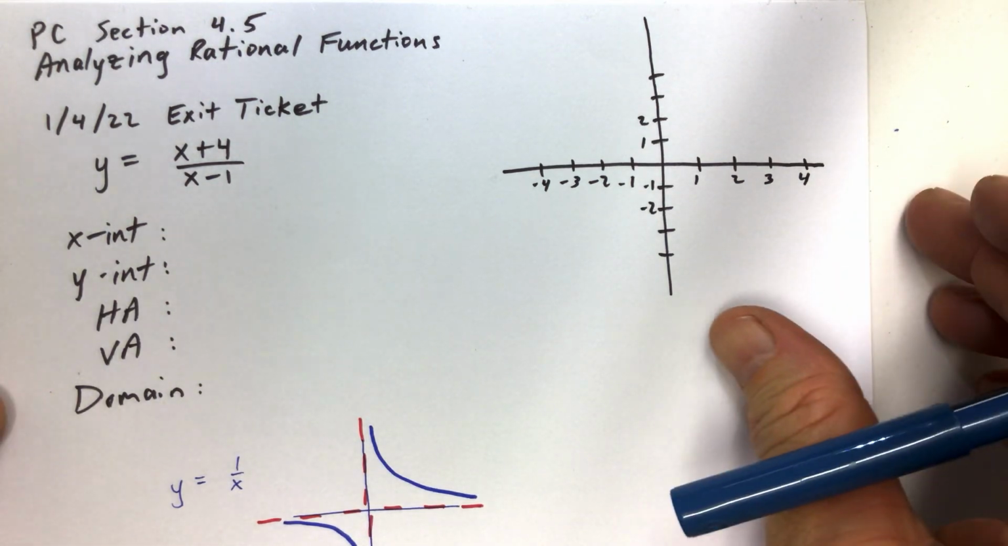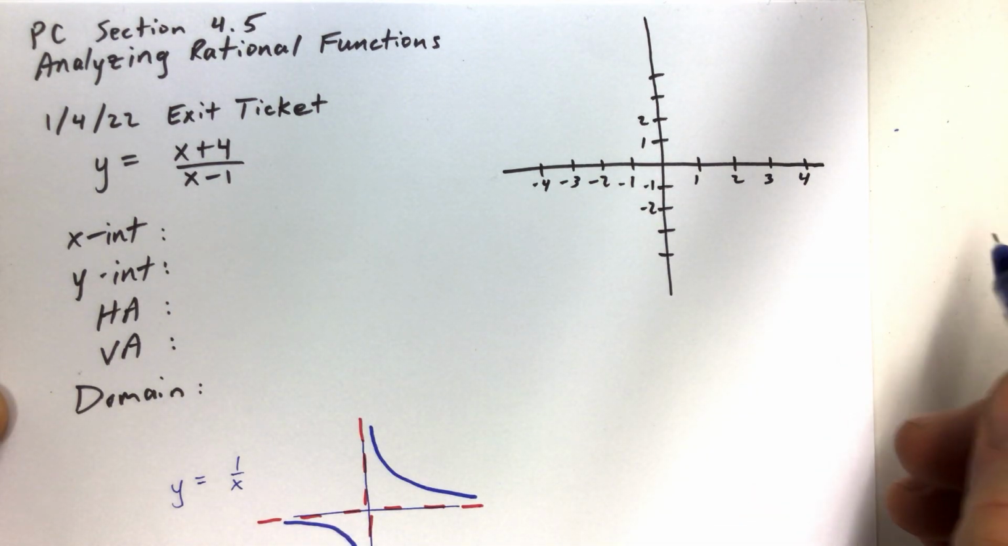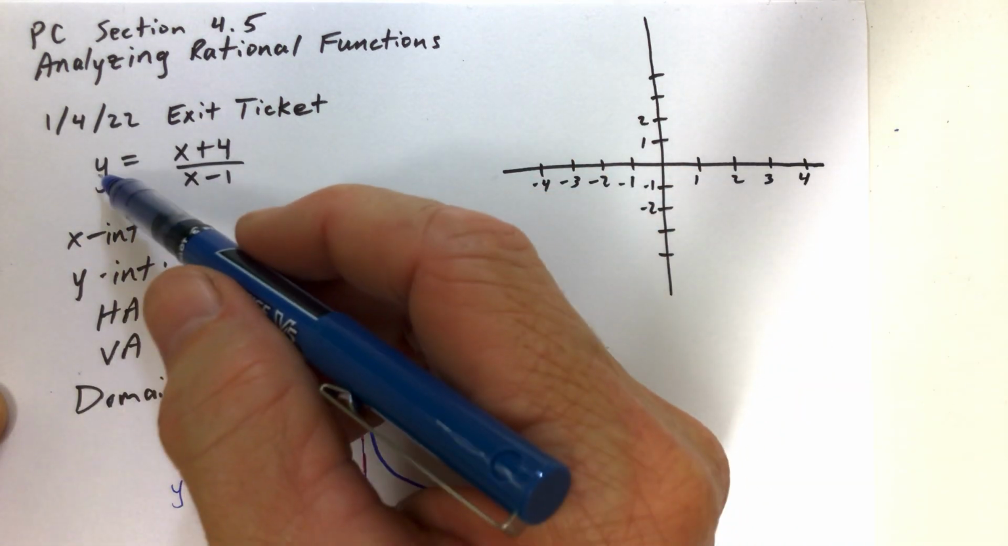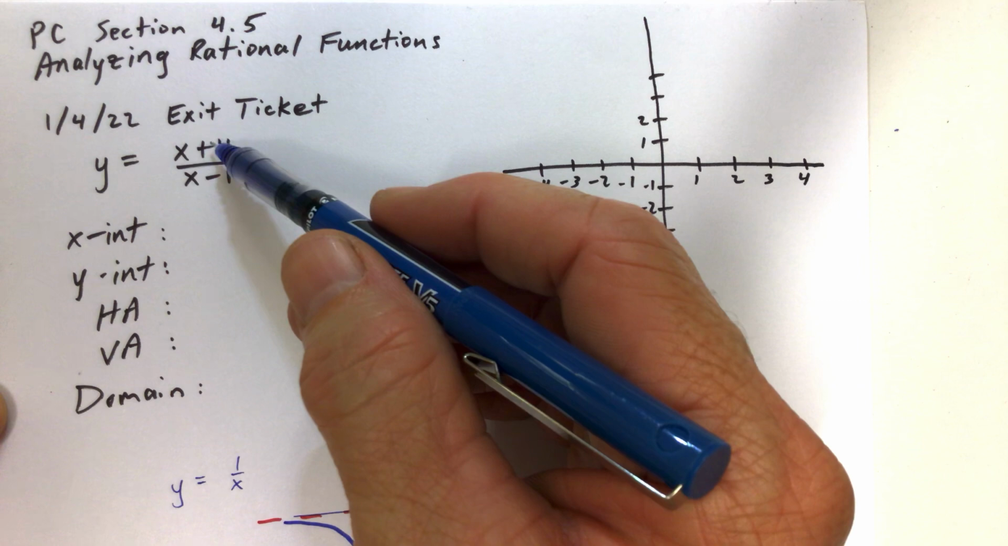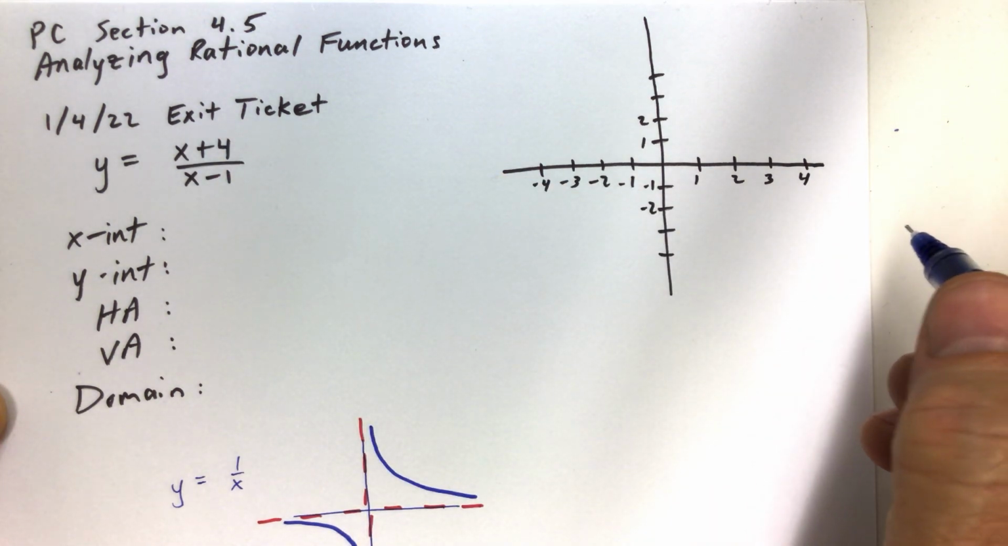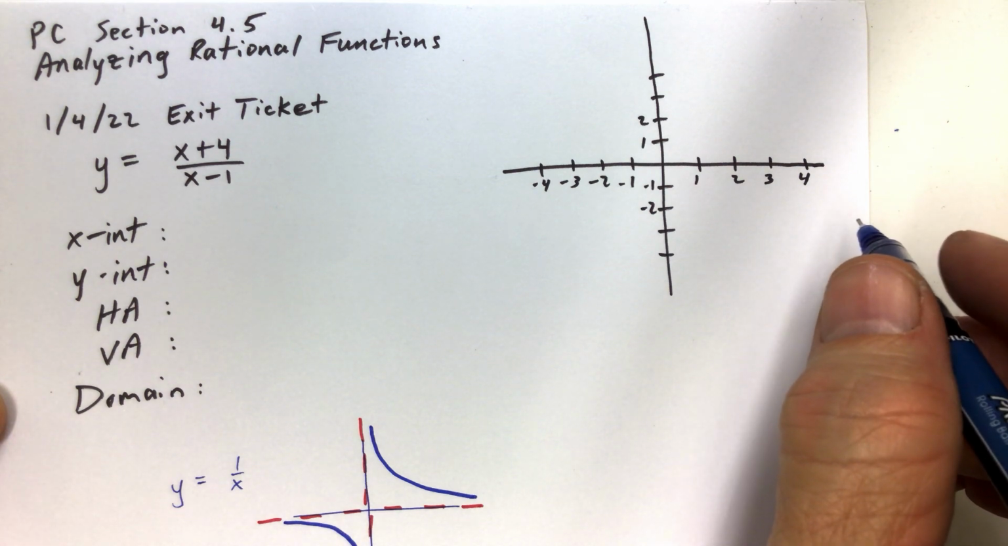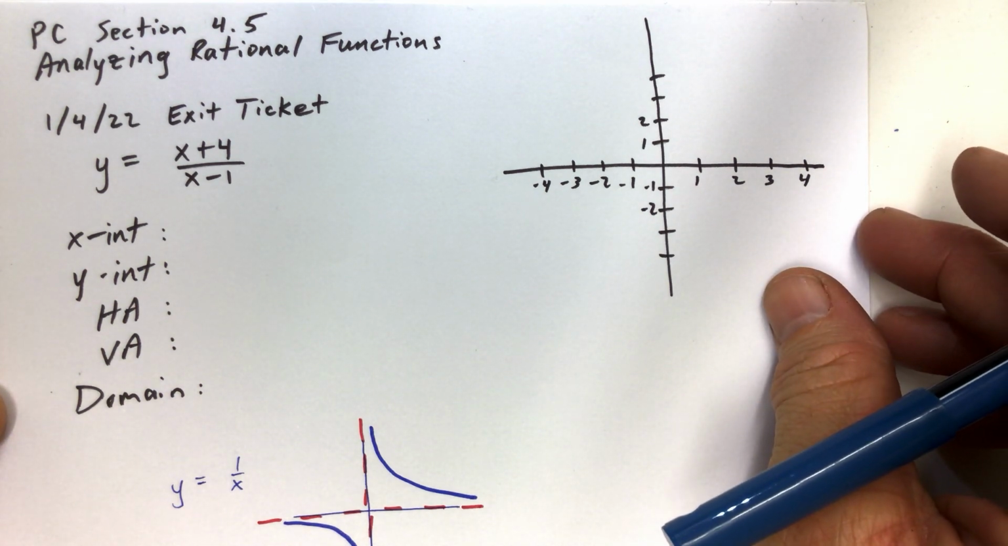So I thought I'd go ahead and make a video showing how to do the exit ticket problem from today, 1/4/2022. So you were given the function y equals (x plus 4) over (x minus 1), and I hope you really key in on what kinds of things you should be thinking about because they apply to every single rational